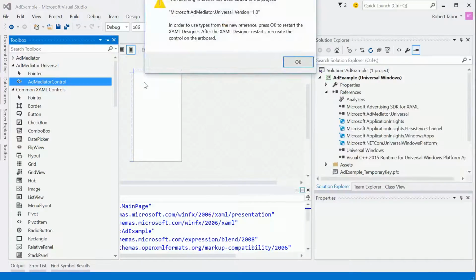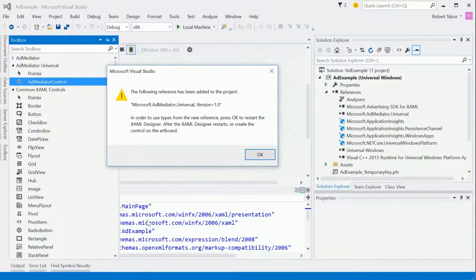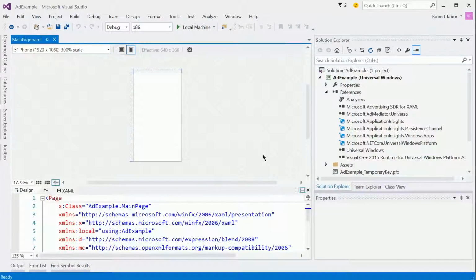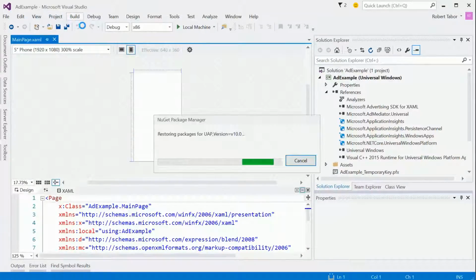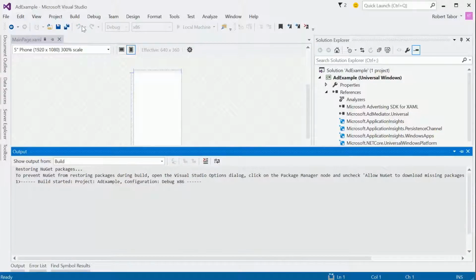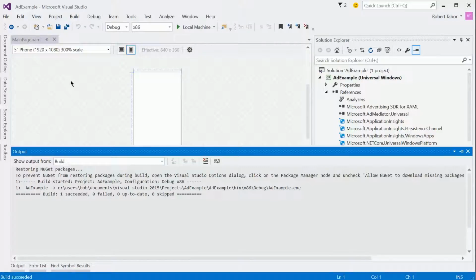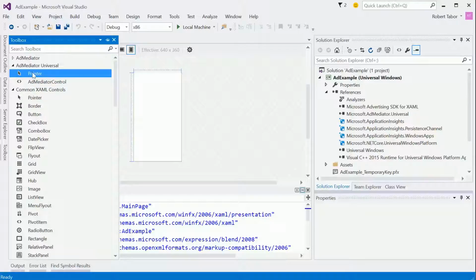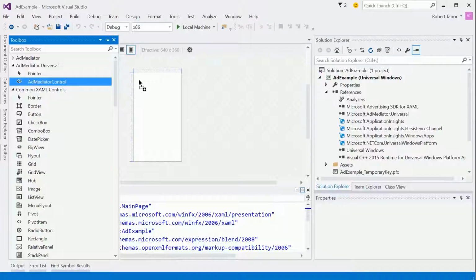You have to drag and drop onto the designer surface, not directly into your XAML like I've done in the past. You get this message that this reference has been added to the project. In order to use types from this new reference, press OK to restart the XAML designer, then recreate the control in the artboard. Okay, so we'll do that. Then I'm going to go ahead and click Build Solution. Make sure it still builds. And it does. Now I'm going to go back to the toolbox and re-add that same Ad Mediator control by dragging and dropping it from the Ad Mediator Universal section of the toolbox